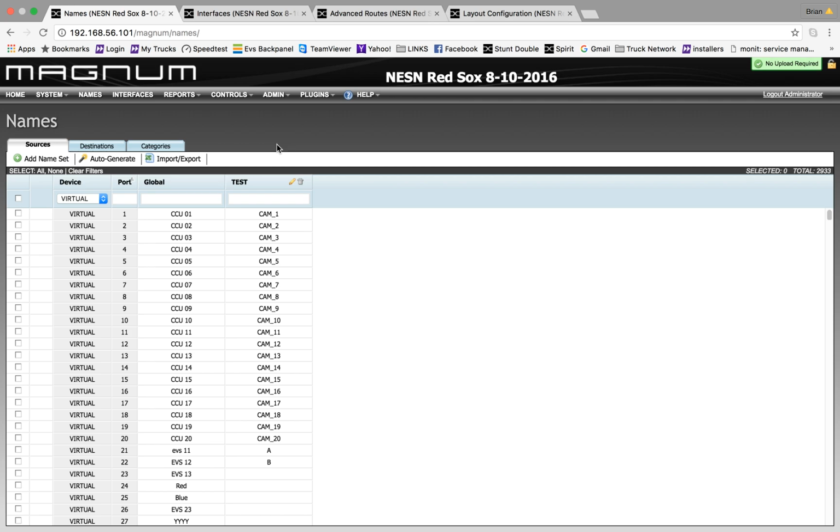Now, one thing I wanted to go over real quick before we move on to the next section is when you add a name set, to make sure not to use illegal characters. An illegal character is an exclamation point, question mark, any of the special characters on a keyboard. If you put one of those in a name set, it can actually corrupt the configuration you're using of Magnum